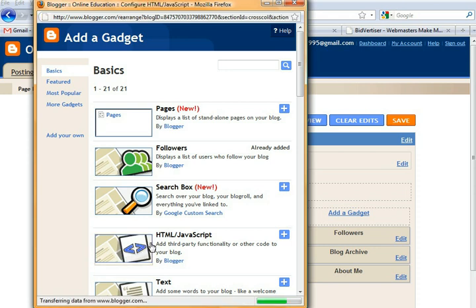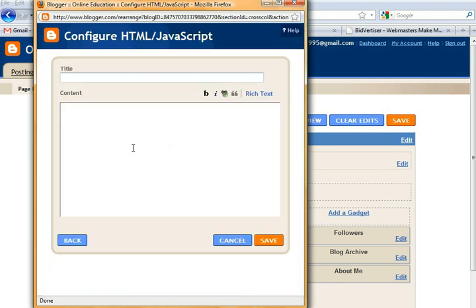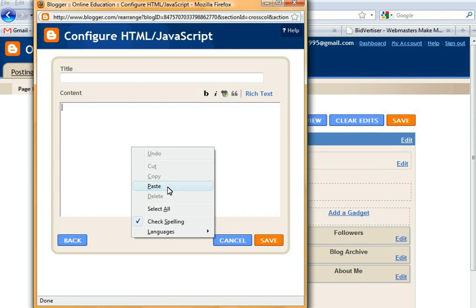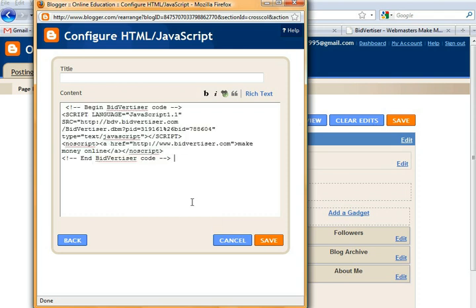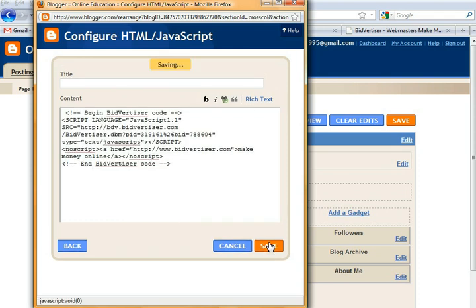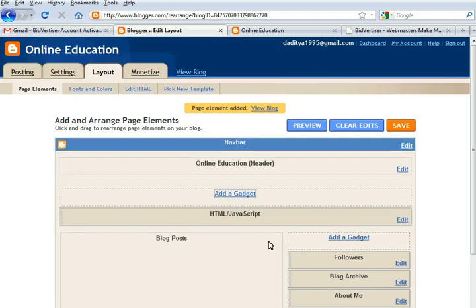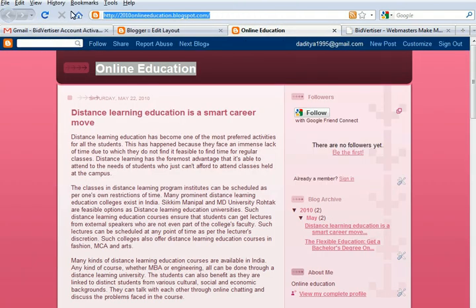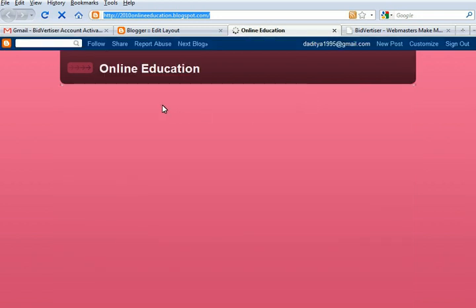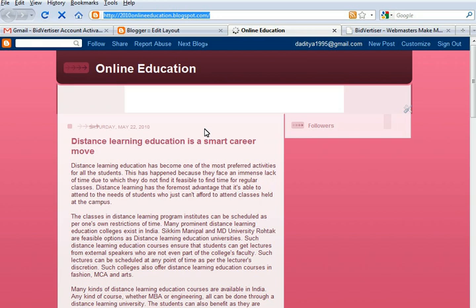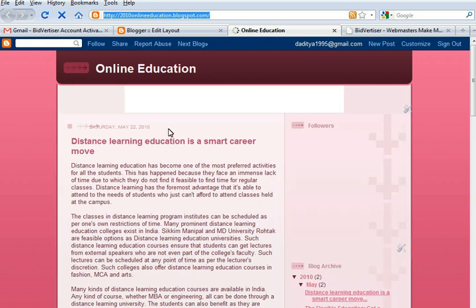I have already copied the code from Bidvertiser. Paste here and save this. So go to your blog and refresh it. The ad will come here. If someone comes to your blog and clicks on this ad, you will get commission.